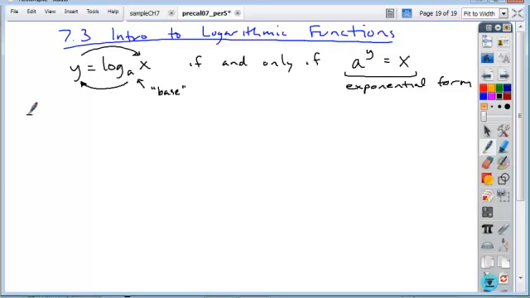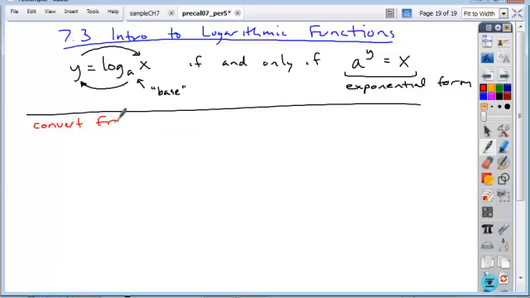There are a couple of things that you are going to need to be able to do. The first is to convert from a log to an exponent. If I gave you something that looked like this, log 5 of 125 is equal to 3, and I ask you to convert this full statement into its exponential form,